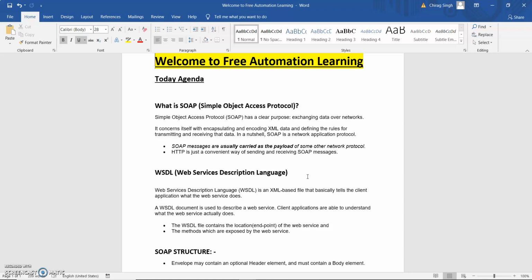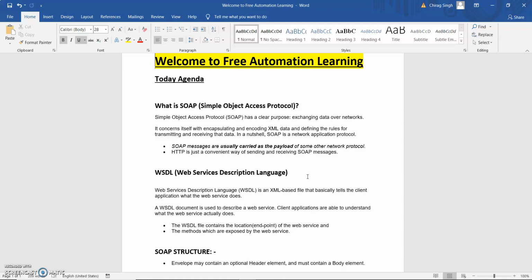So it is encapsulating and encoding the XML data. So first thing, SOAP only supports XML data. So when we are using SOAP, we just transfer our data in the form of XML, right? That is the first thing. Second, SOAP messages are usually carried as the payload.